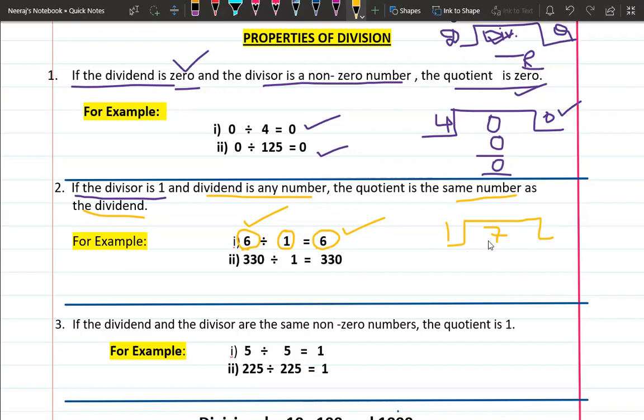So like this, we have taken the example. I am dividing 7 by 1. So this would come 1 sevens are 7, and your remainder will come 0. So the quotient coming here is 7. It means I have divided one apple among 7 friends, so each friend will get 7 slices of one apple, right? Like in the second example, we have divided 330 by 1. So any number you divide by 1, you will get the same answer, the number itself, right?